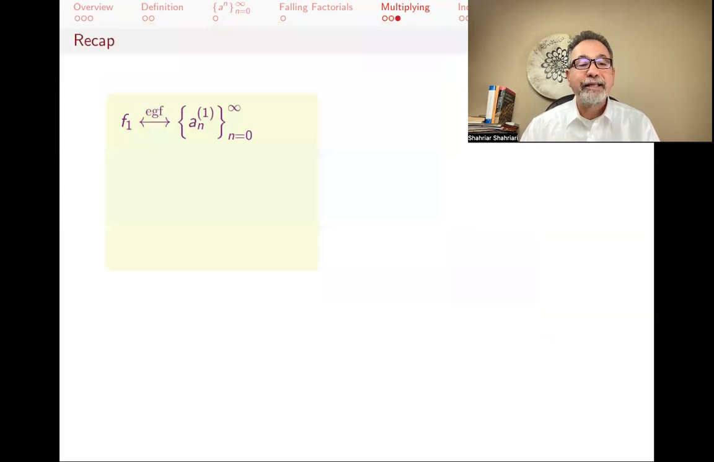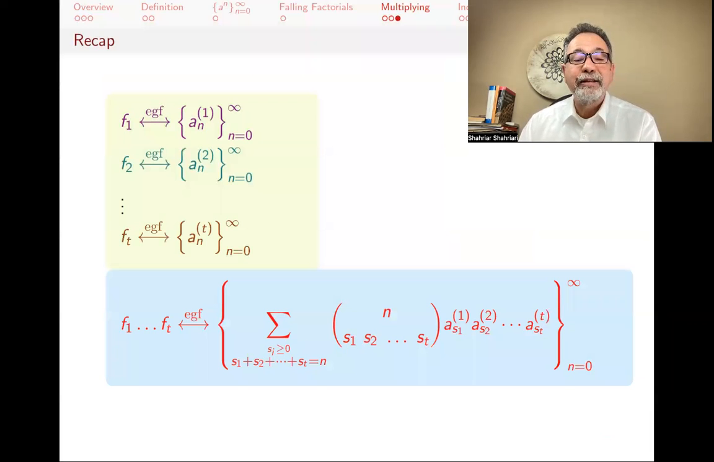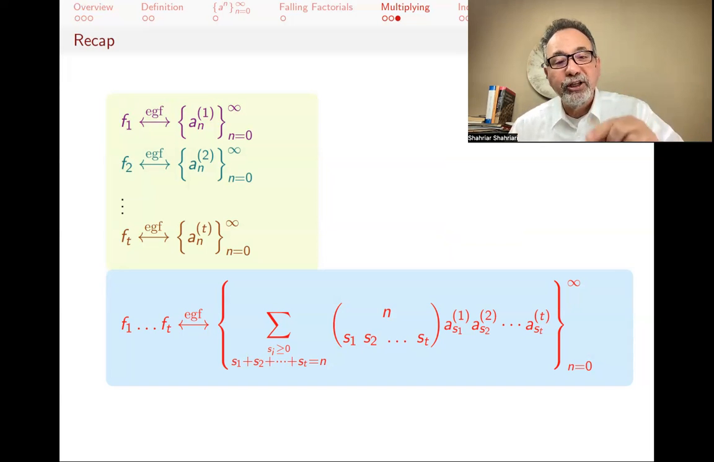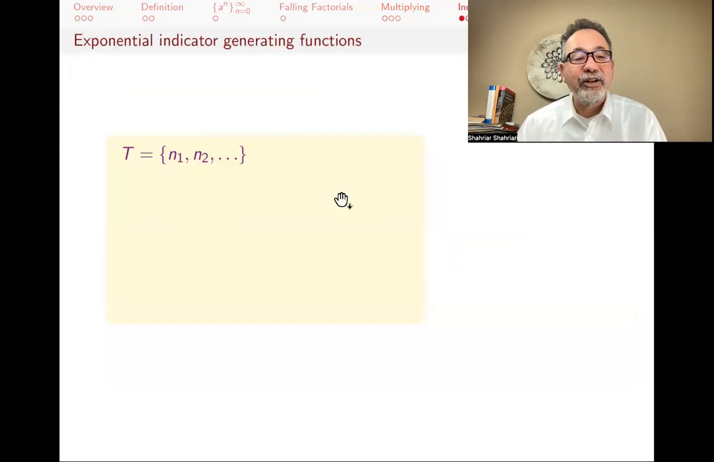So let me recap that. If you have a bunch of exponential generating functions of some known sequences, then the product is going to be the exponential generating function of this messy sequence. But this messy sequence is a sum of terms, and each one of them has a multinomial coefficient. But we're going to be interested in one particular case where these a's, these original coefficients, were all ones. But to do that, we will talk about indicator